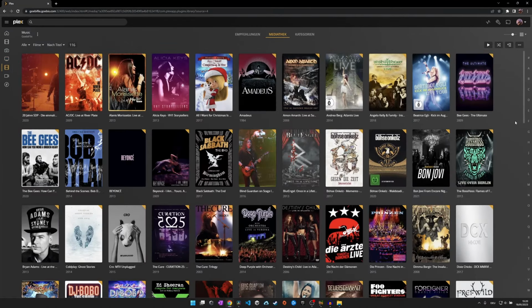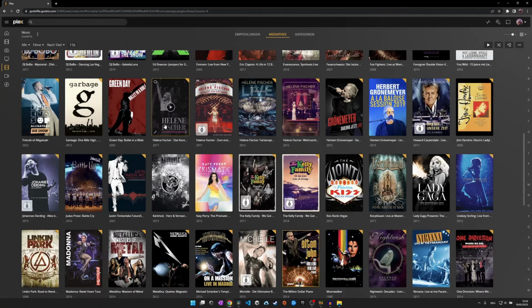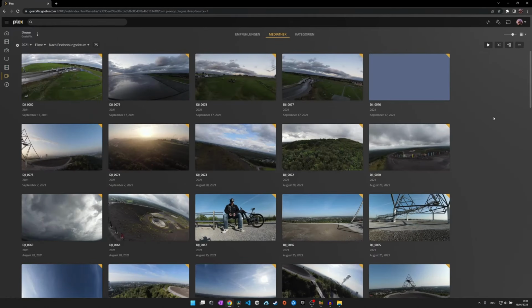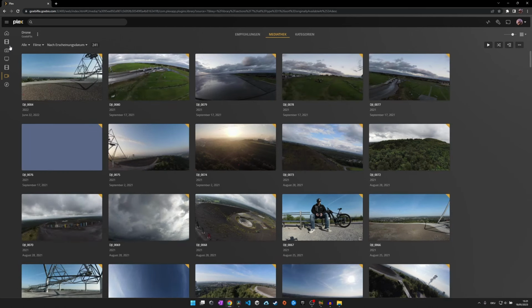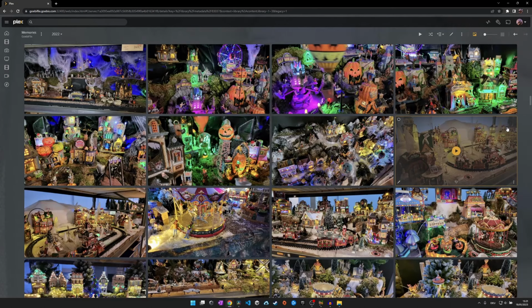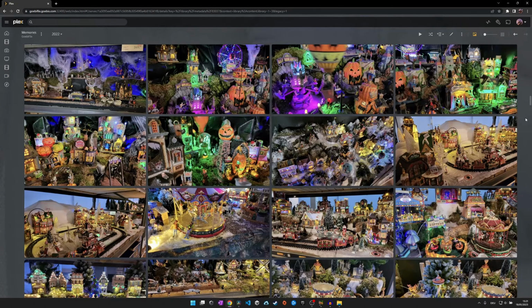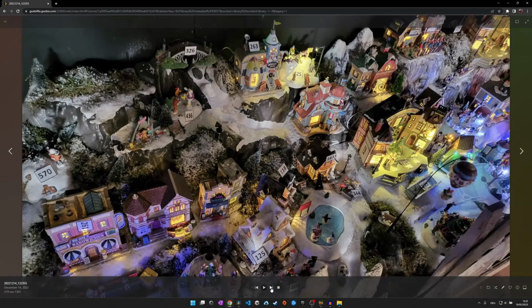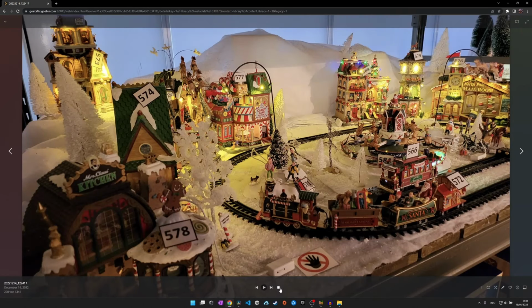So if you like what they are doing, do yourself a favor and invest early in the lifetime license, otherwise you will pay a lot of money over the years. But there are many benefits that the Plex server offers. It automatically scans the library and matches movies to metadata, which also works for TV series and exotic content like music Blu-rays. We also use it as our main source to view our family pictures, because we can see them